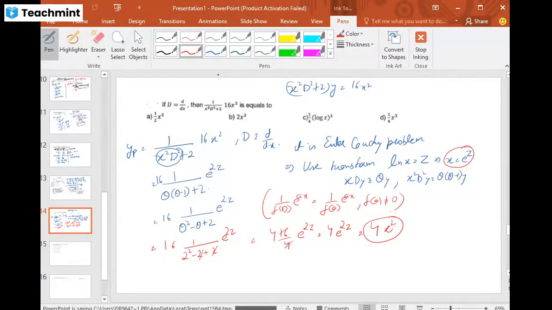Okay, so basically it is x cubed. X cubed means it is e power 3z. 3z means 3 square plus 3 plus 2. So 9 plus 2, 11 minus 3 is 8. So it is